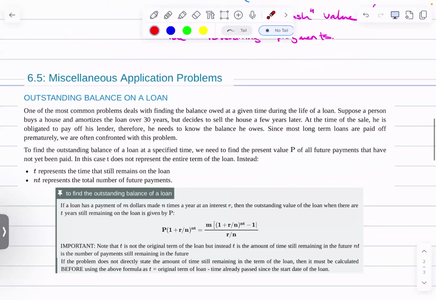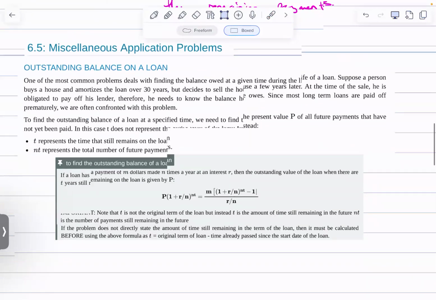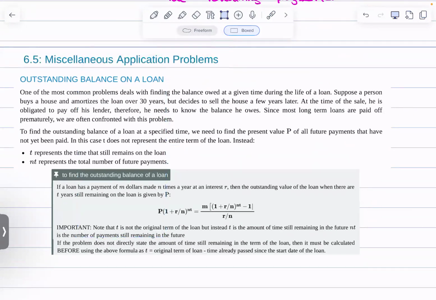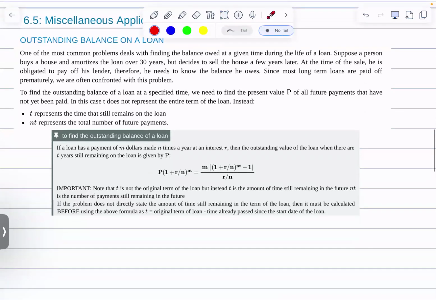So that is miscellaneous, I guess. Miscellaneous. There's a couple of different options, but that's where we're going to start. What a terrible name for a section. Miscellaneous application problems. It's true, but wow. So now